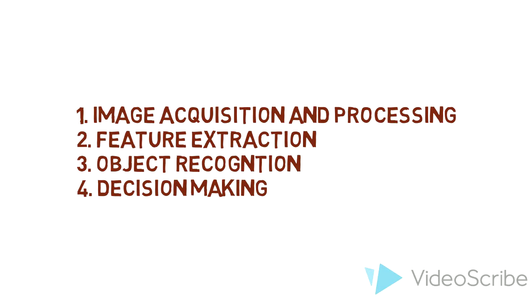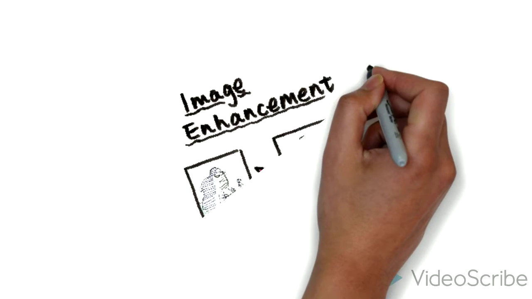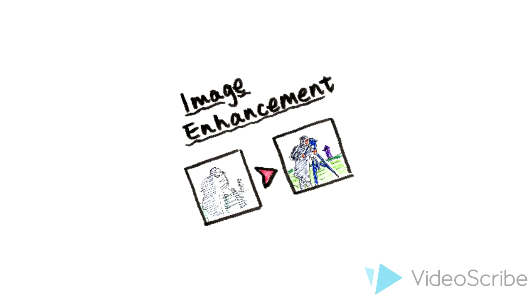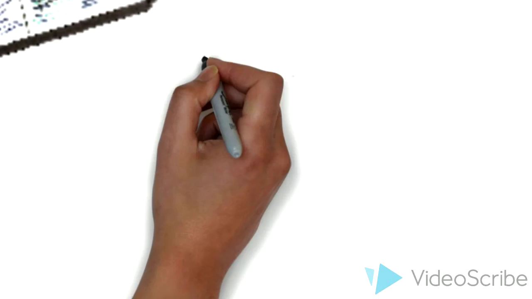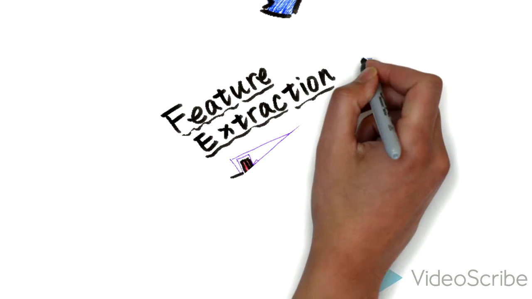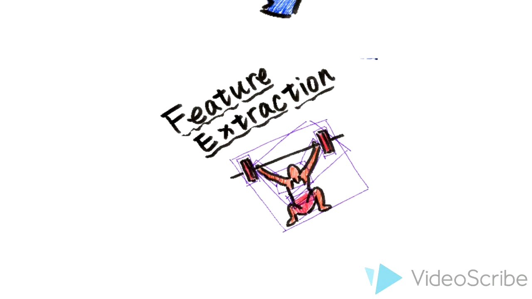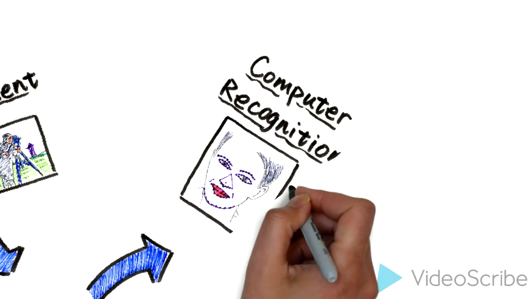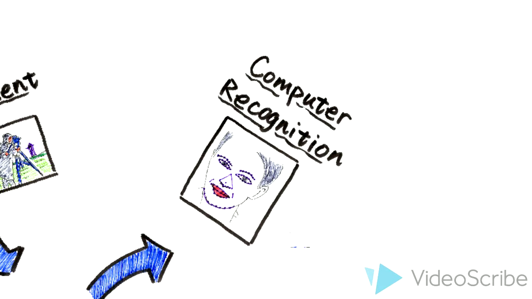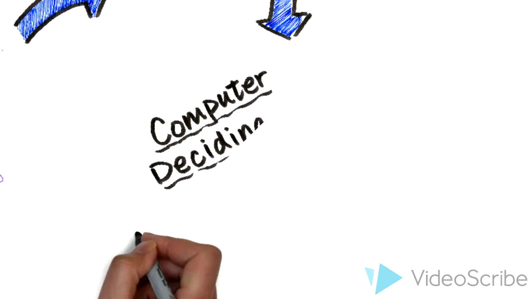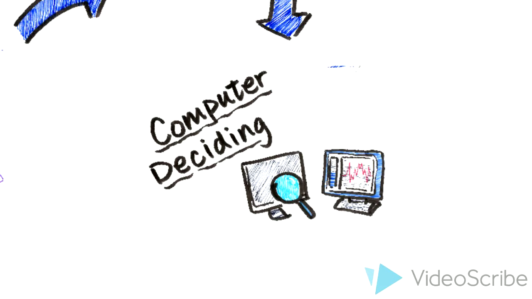First, the image needs to be collected using a sensor or camera. Next, the image needs to be enhanced to remove any noise and also to improve the contrast. Secondly, the image is broken down into features such as lines, edges, or points. Thirdly, the computer uses these identified features to recognize objects in the image based on its programming. Lastly, the computer makes a decision based on what it has seen. This could be deciding whether a product has passed an inspection or whether a medical sample is positive for a